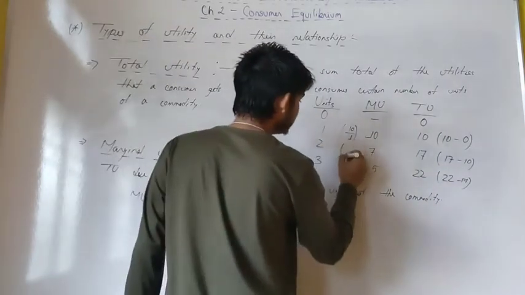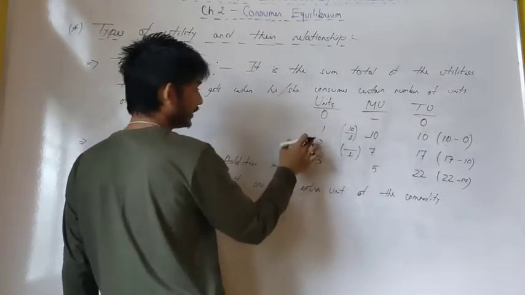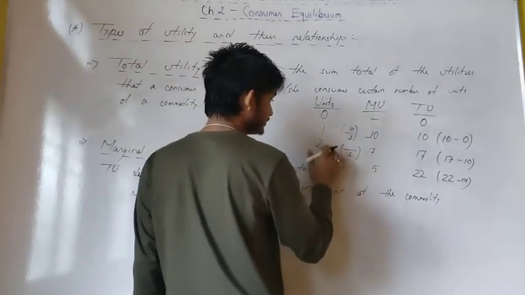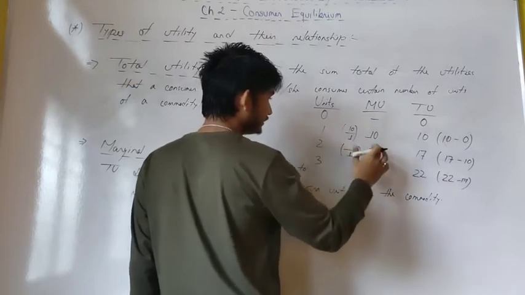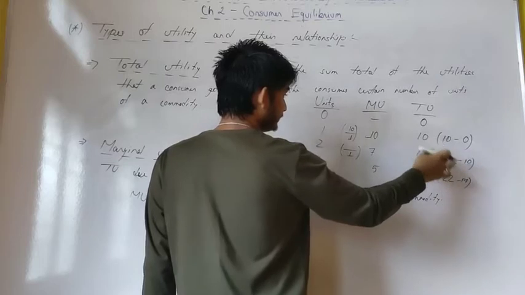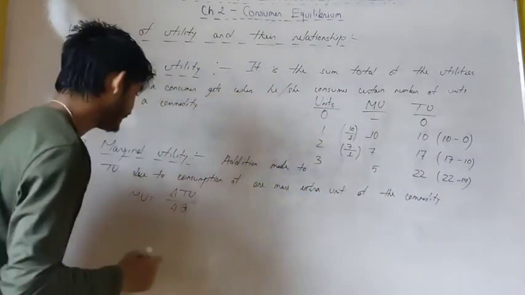Similarly here, the quantity changed by 1, from 1 to 2, so change in quantity is 1, and change in total utility is 17 minus 10, which is 7. And there is another formula,